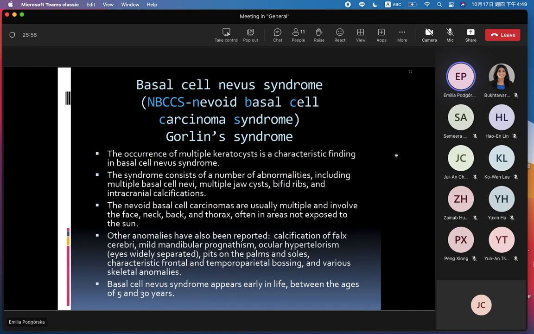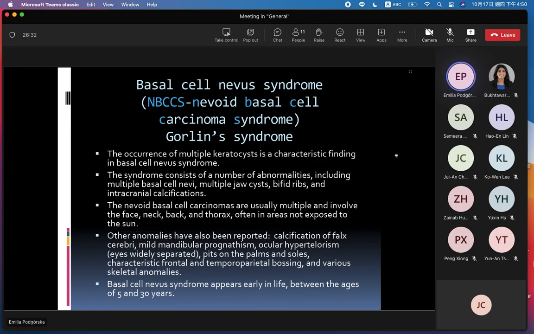And we have basal cell nevus syndrome, NBCCS, also called Gorlin's syndrome. The occurrence of multiple keratocysts is a characteristic finding in basal cell nevus syndrome. The syndrome consists of a number of abnormalities, including multiple basal cell nevi, multiple jaw cysts, bifid ribs, and intracranial